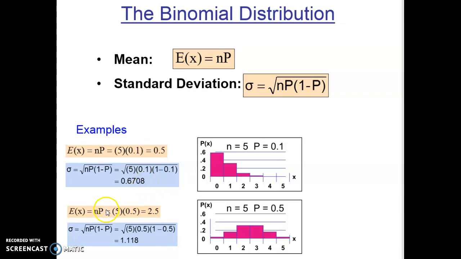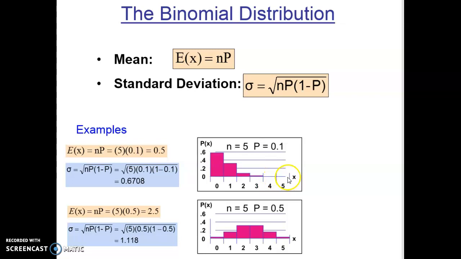And then down here, the only thing that's changing is our probability of success. It goes from 0.1 to 0.5, and notice that the standard deviation using the same formula goes up to 2.5. You can also see this in the graphs. So if you have a sample of 5 and a probability of success of 0.1, again, you're getting low numbers of successes. So the probability of getting 0 successes or 1 success is much higher than getting 4 or